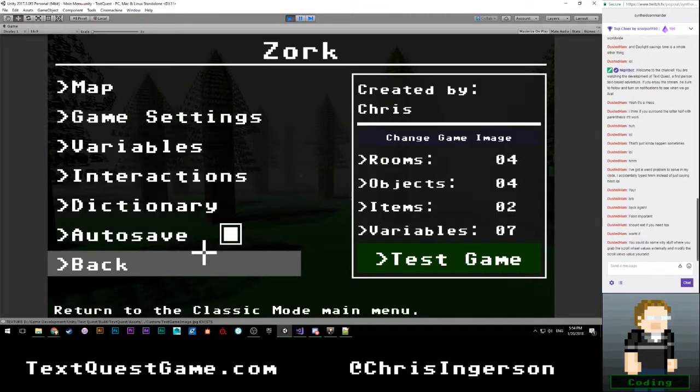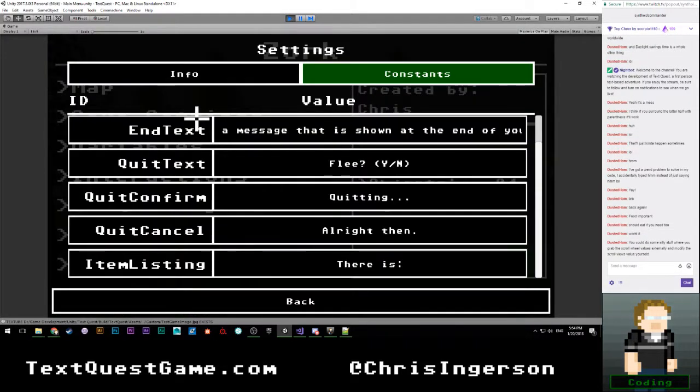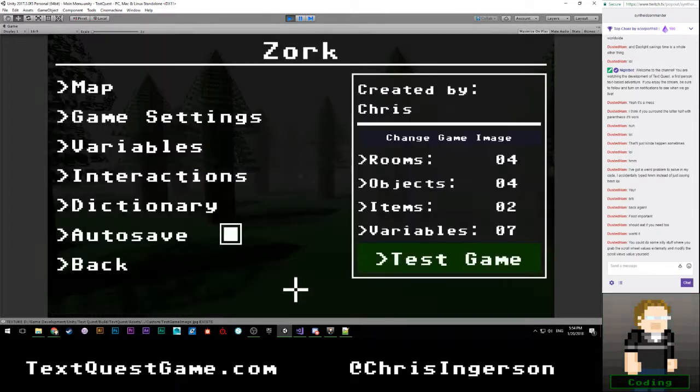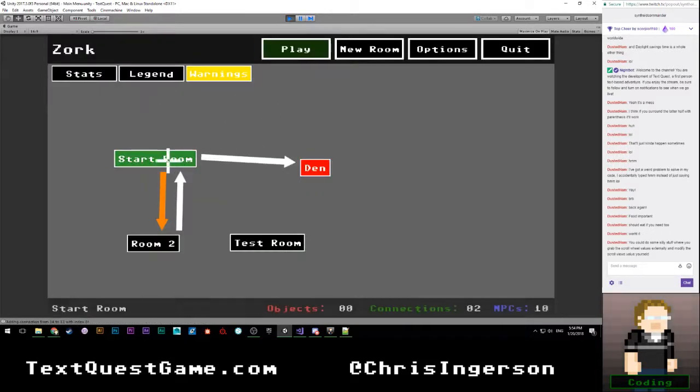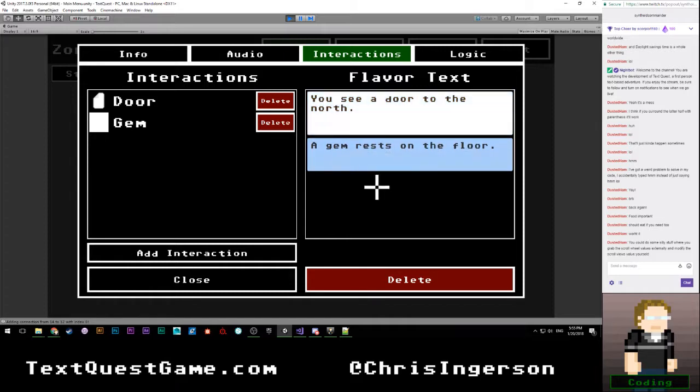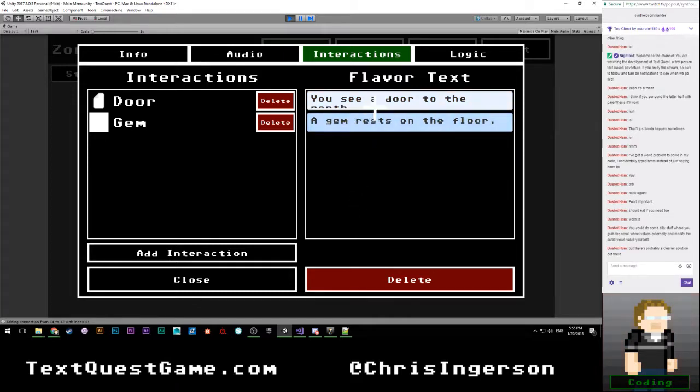So the only thing that I really wanted to do was when you select these fields, I wanted to expand them so they would do a little animation of them getting larger and then smaller. Basically to match what we do, if I go over to Start Room, Interactions, I do something like that here. You can see that it expands and shrinks whenever it's active or not active. I would want to do something like that, but yeah, it's going to take a little bit.